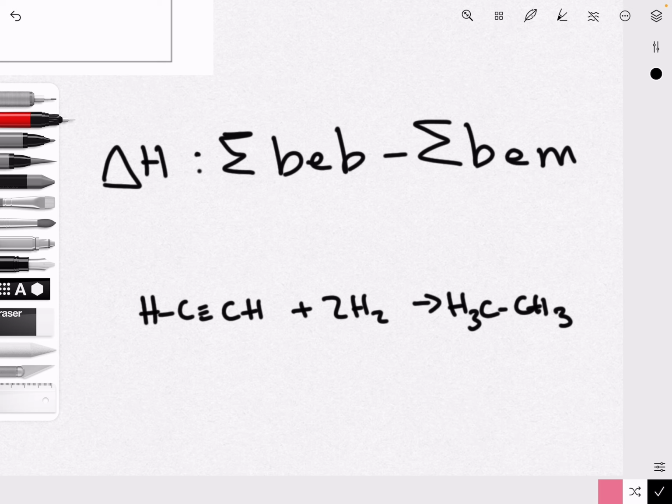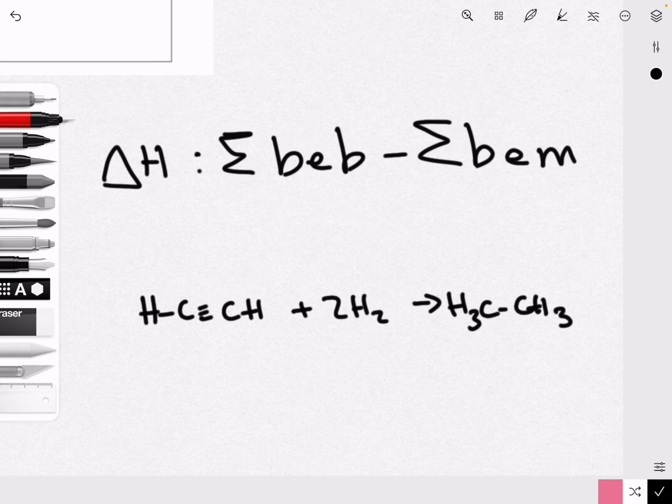So you'll have to be comfortable with doing this. So in terms of the hydrogenation of ethyne that we can see here, as we see, it's bonds broken minus bonds made. So let's just start by calculating all of the energy required to break all of the bonds of